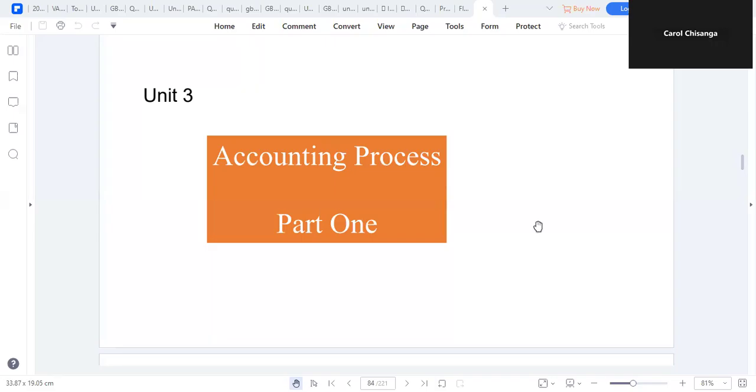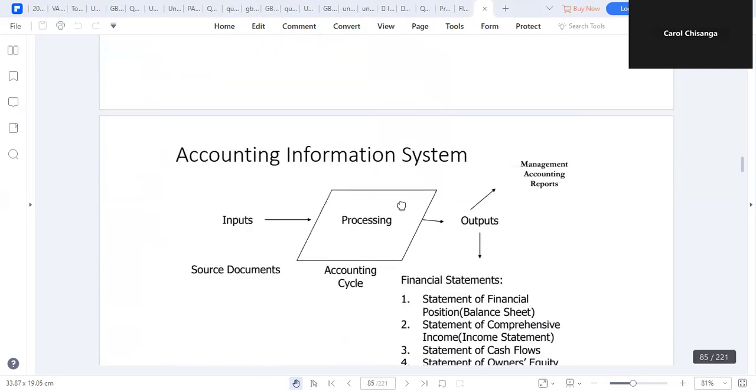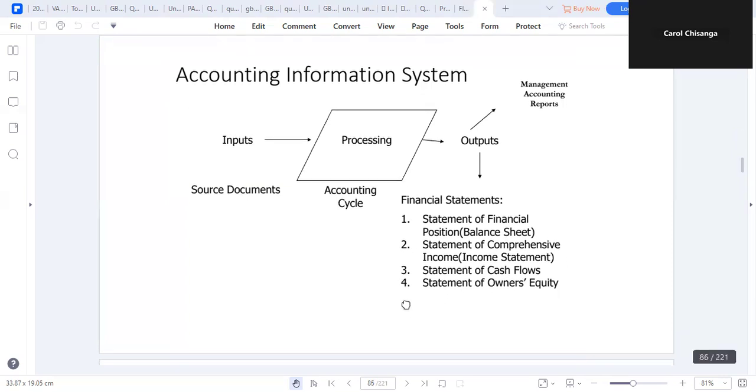So looking at the accounting process, it's very imperative that we understand the accounting cycle and the steps that are involved in posting transactions, and also to understand the duality concept in financial accounting. Whenever we are posting, we need to have our inputs, which are our source documents. These source documents will be entered for processing using the accounting cycle to produce our final accounts or final statements, which we can have as the balance sheet, comprehensive statement, cash flows, and also statement of equities